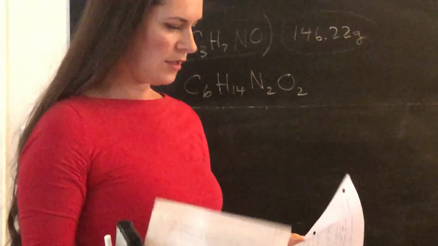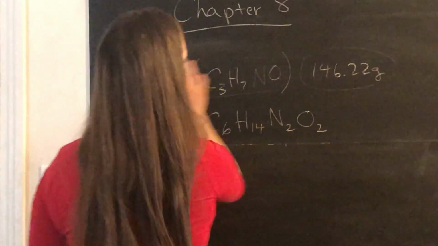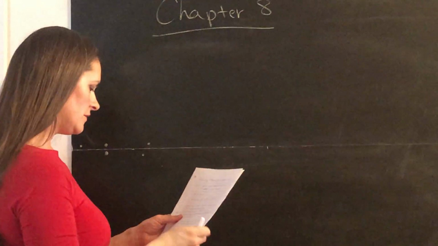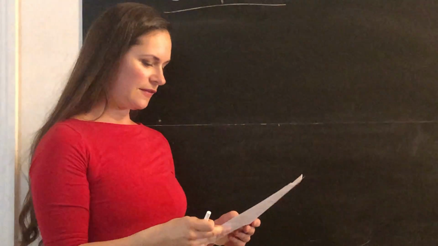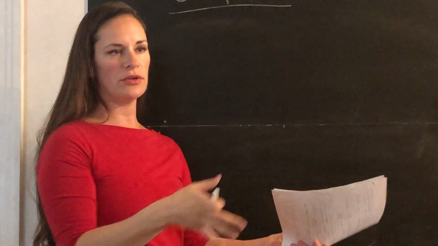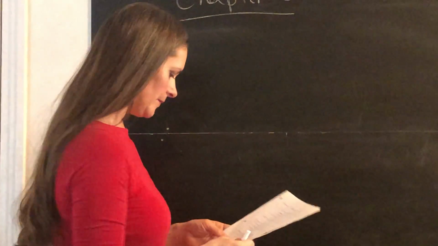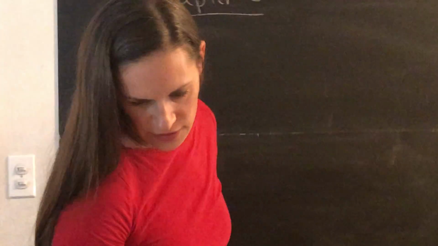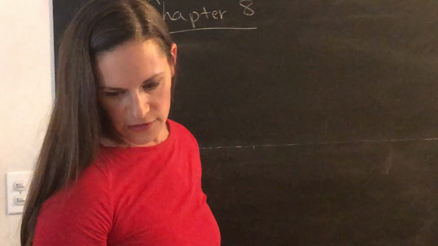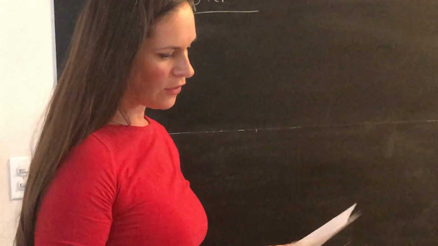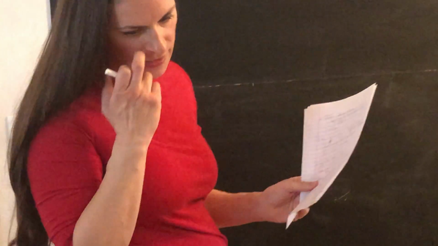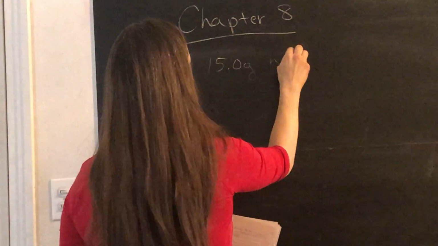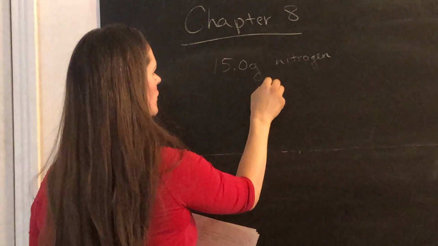All right. Moving along, how do we determine empirical formulas? Basically by burning things. So you burn a chemical, collect the products, and weigh them, and that will give you the ratio of different elements to each other. So, in review number 11, if you burn a sample of nitrogen with oxygen, the result is a single gas with a certain mass. What is the empirical formula? So this is number 11. A 15-gram sample of nitrogen. You burn it in the presence of oxygen,